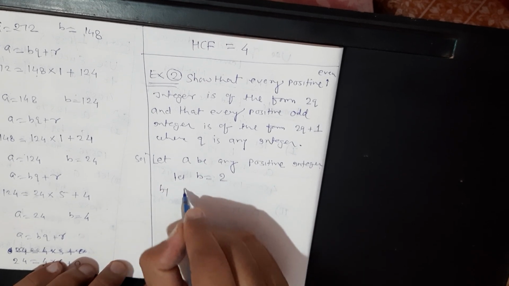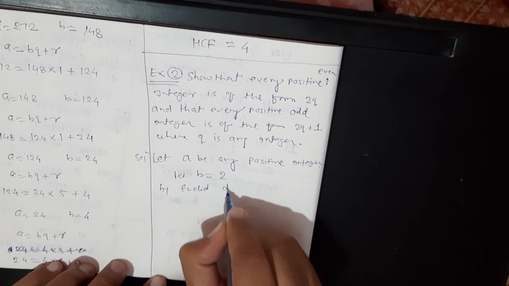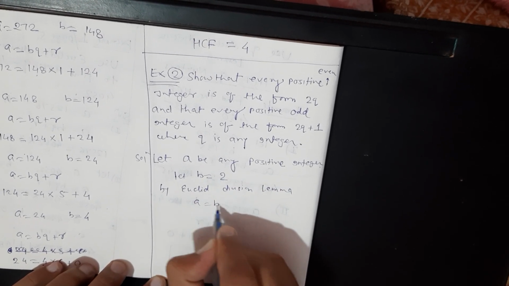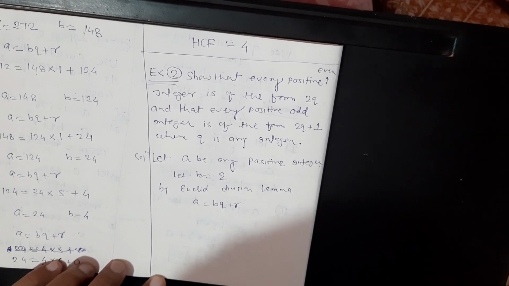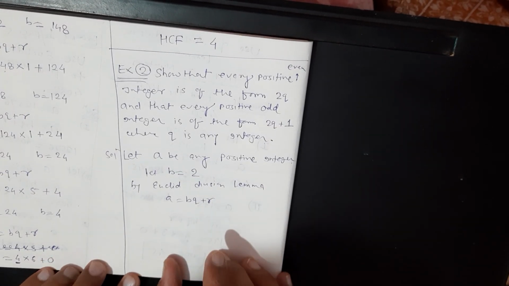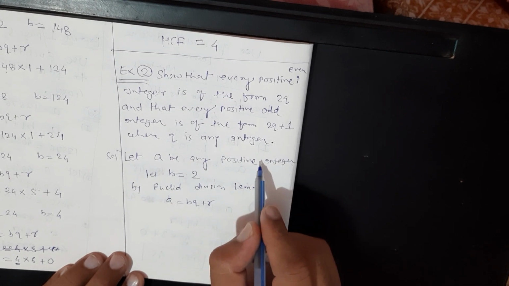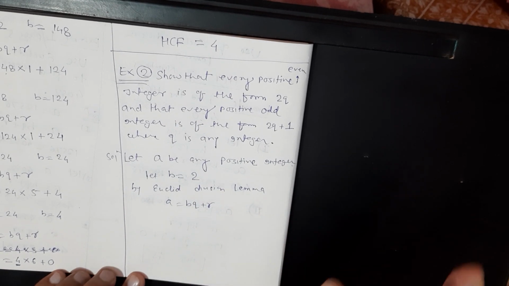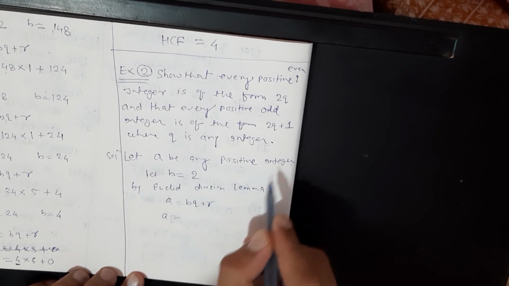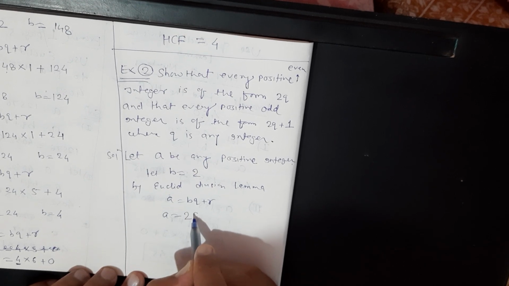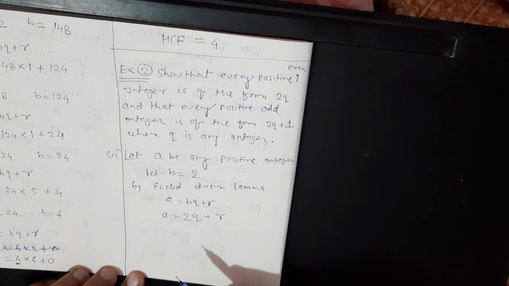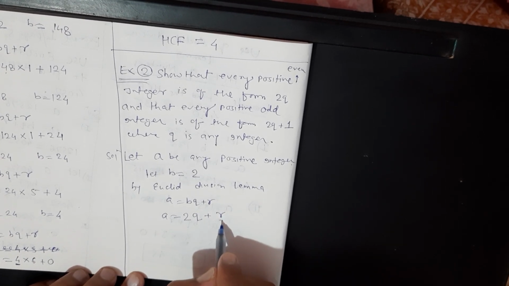Now, Euclid division lemma says a equal to bq plus r. It's the very beginning, later on you can understand. a is a positive integer, b equal to 2. I haven't done any special work, it's just very simple. a is any positive integer, b is equal to 2, q is the quotient and the remainder is r. And I tell you again what the remainder criteria is.